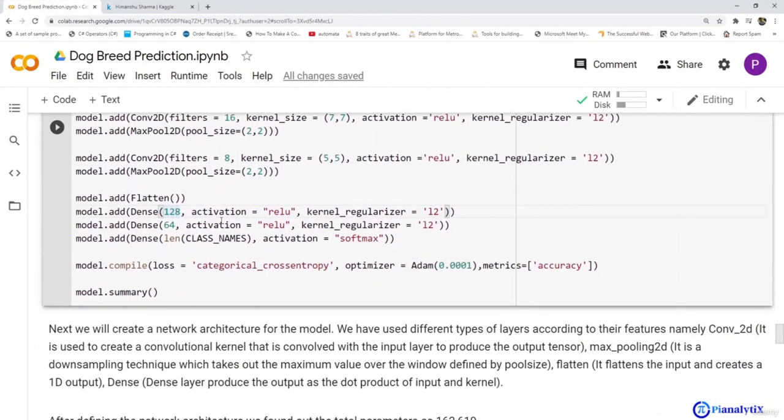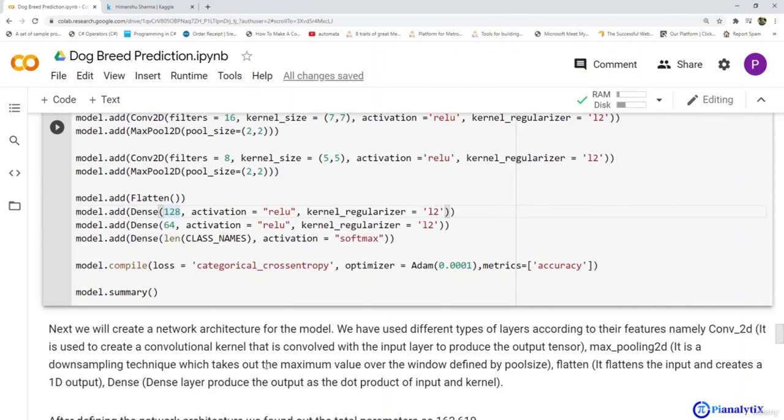As we are working with an image dataset, we'll take the loss as categorical cross entropy. We can also take the loss as sparse categorical cross entropy, but not in this case because the data is not that sparse. It is used when the data is diverse. Like if we have 10, 20, 30 classes, then we will use sparse categorical cross entropy. We are using the optimizer Adam with a learning rate of 0.0001. And the metric I have taken is accuracy. Now let's print the summary of this model.